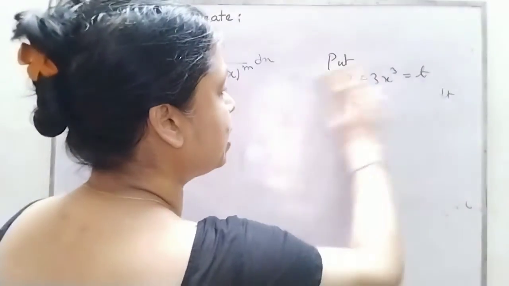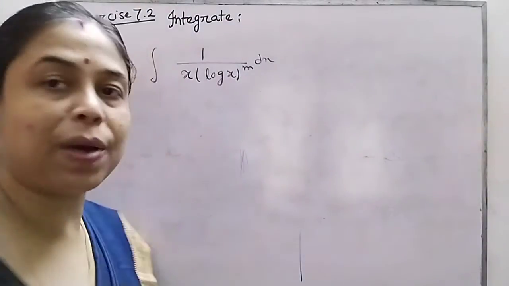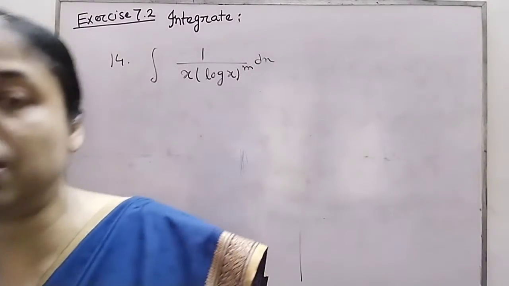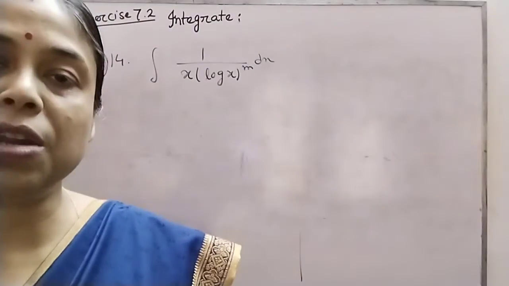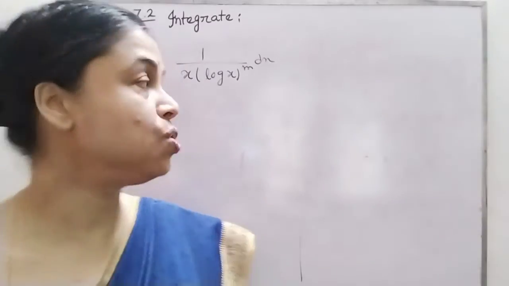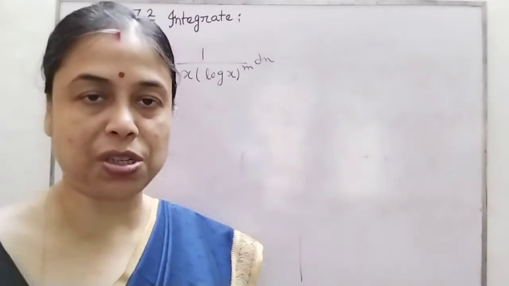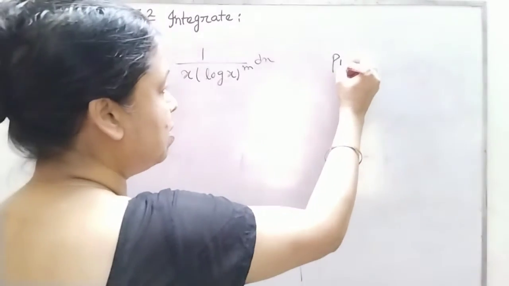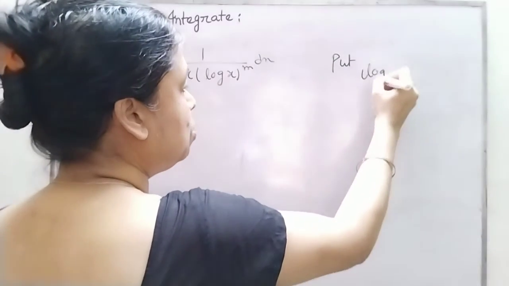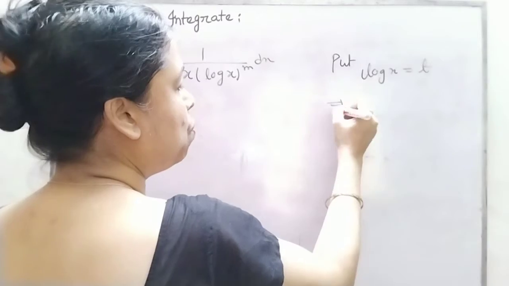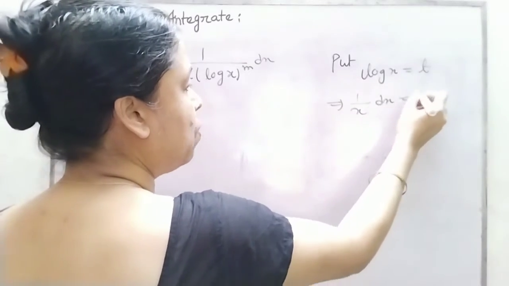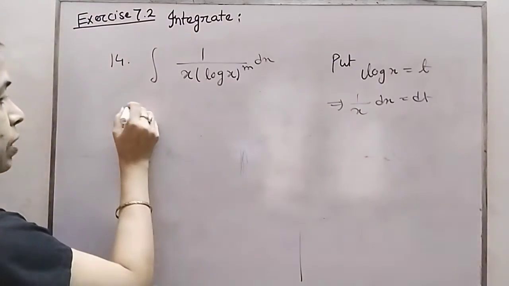The derivative of log x, obviously, because as I told you earlier also, in my earlier classes I had told you, try to remember the formulas of derivative. Okay, so then only you will understand whose derivative is present and directly you can use the substitution. So I am going to use here log x equal to t. That gives you 1 by x dx equal to dt. I have skipped those 2 steps.